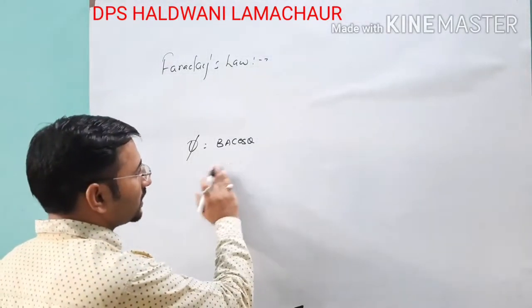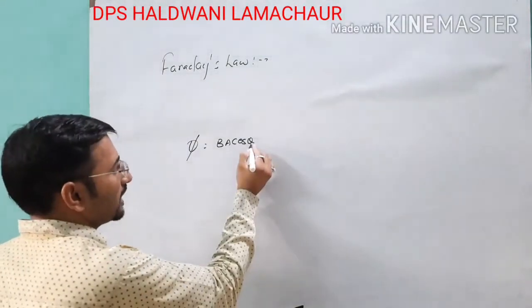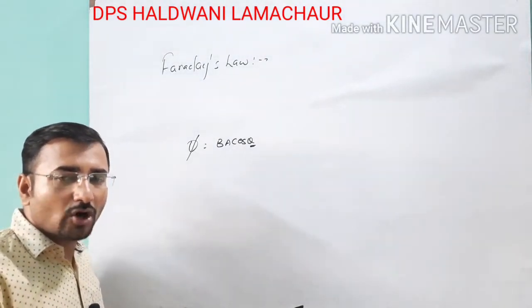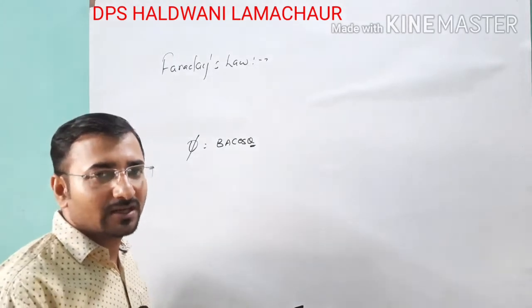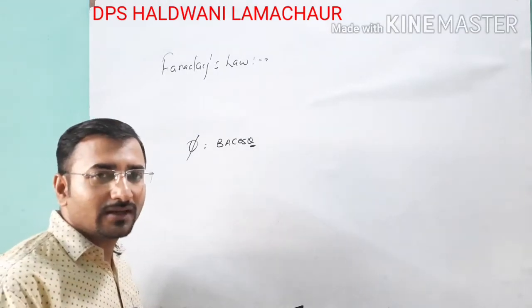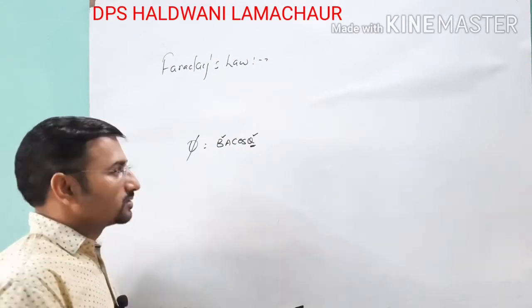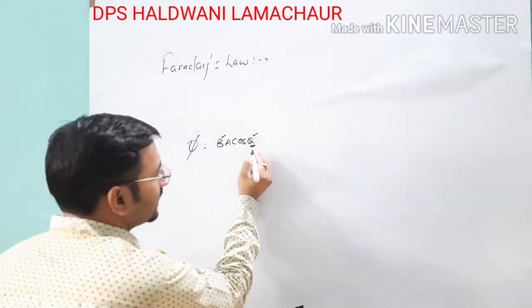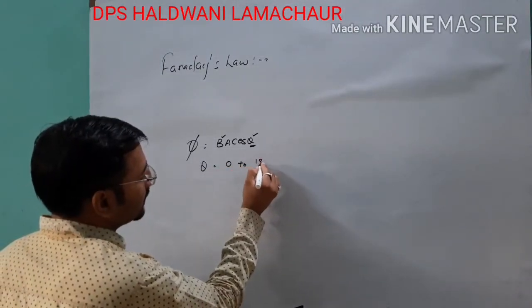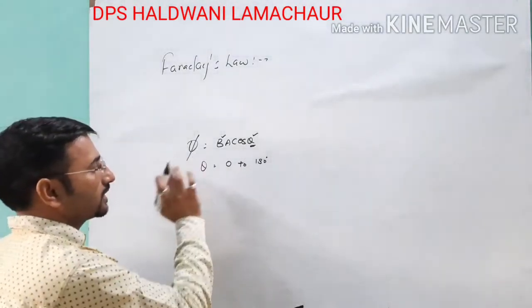Now if we think about this formula, when is it maximum and when is it minimum? Theta is the angle between the normal of the plane or surface placed in the magnetic field and the direction of the magnetic field, or you can say the direction of the area vector. If we change the angle theta from 0 to 180, we will see different values of magnetic flux.